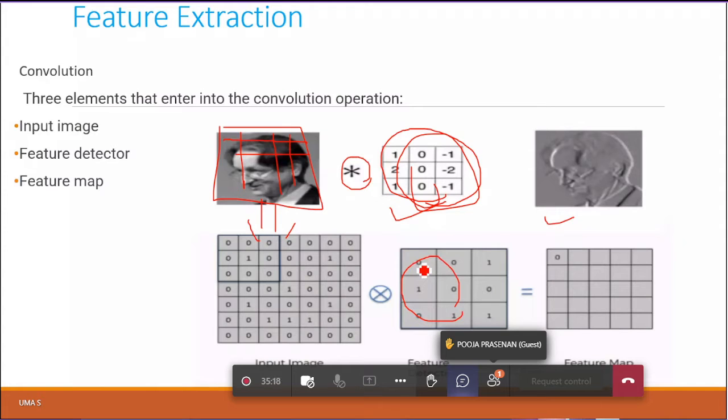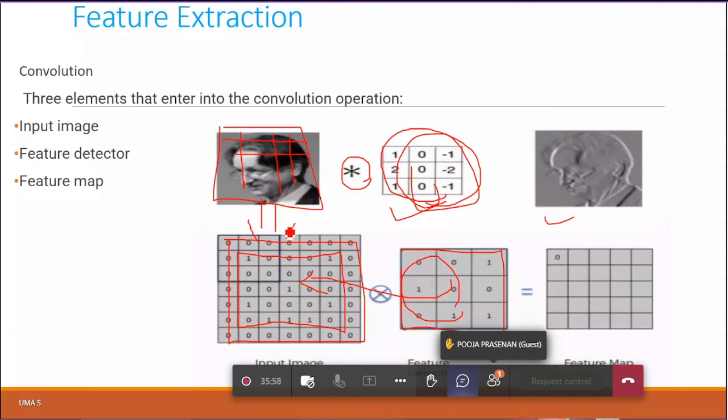So what will happen, this entire mask is initially going to be applied, but when I apply this filter directly to the actual image, the corners will be lost. So we get a loss, and a misclassification problem will happen. So what they did is add padding. Padding means you add zeros, so that I can retain even the corner details, and get the edges to classify the objects properly.